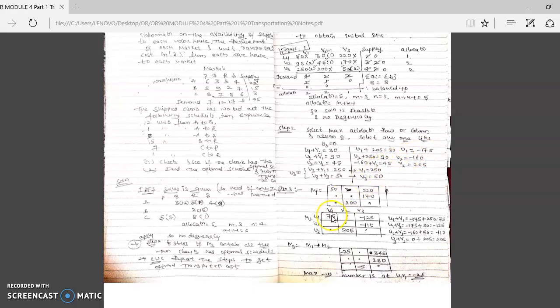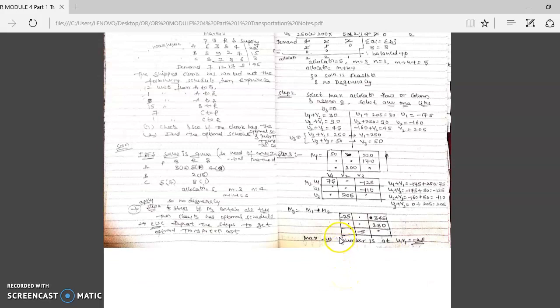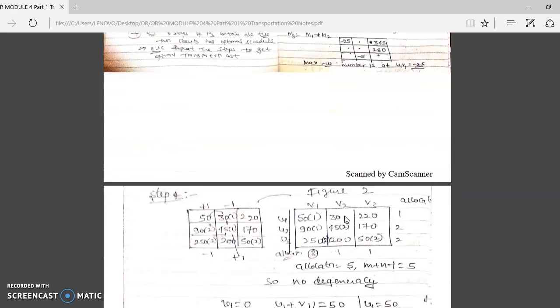Then what is the answer you get? 75. Similarly, this value is U1 plus V3. U1 is minus 175, V3 is 50. Then you will get minus 125. Similarly, you write the remaining values. Then the M3 matrix is obtained by subtracting the M2 values from M1. 50 minus 75 is minus 25. 220 minus minus 125, minus minus plus, it becomes 345. Similarly, 280 minus 5. Now, in this M3 matrix, the most negative number is minus 25. So, in the next iteration you have to consider this for the corner point adjustment.